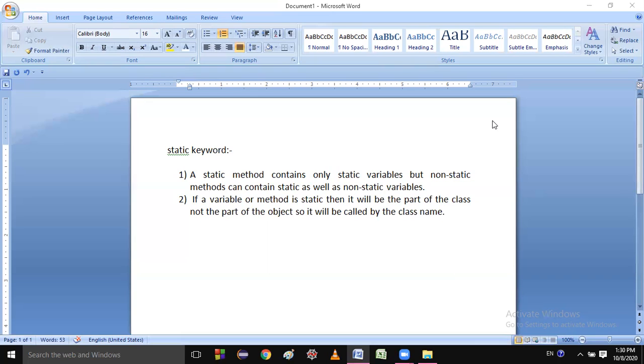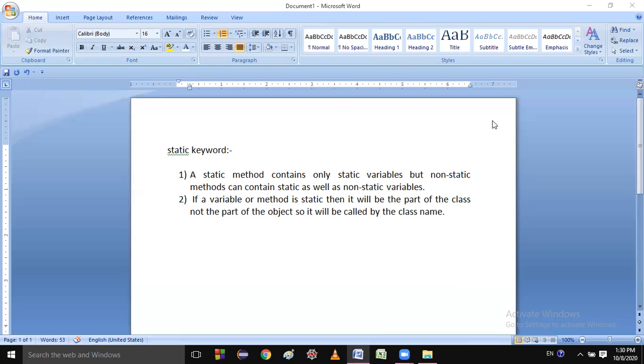If you relate real examples with Java, and I am making an object of a class, then the methods and variables will be part of the object. Yes, that will be part of the object.